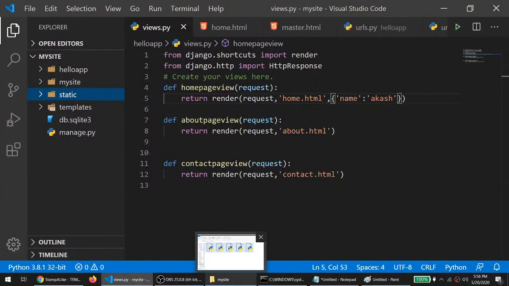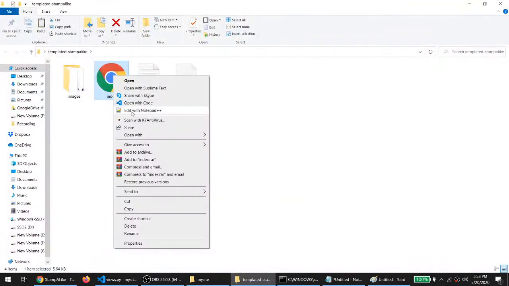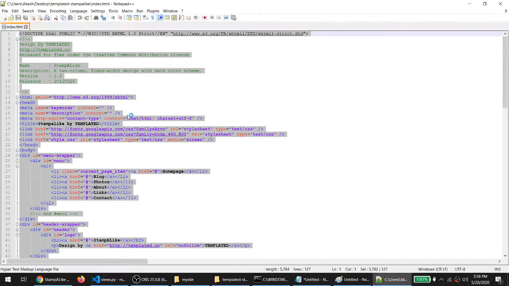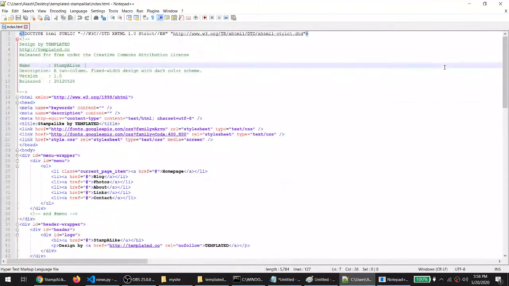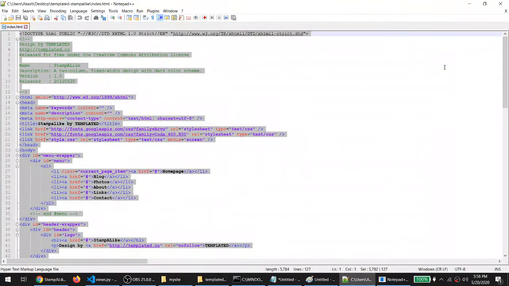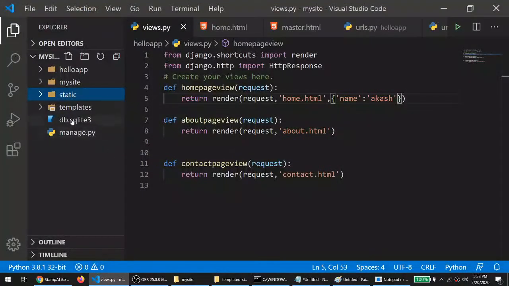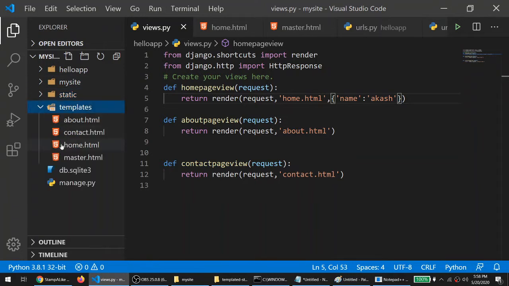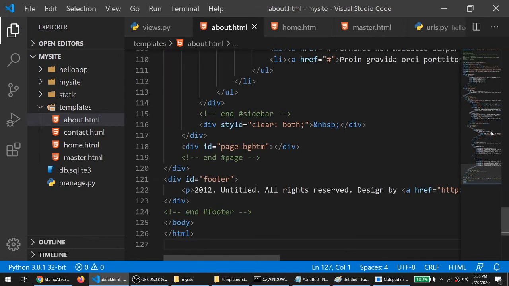Okay, and what is the next step? The next step will be to copy your HTML content, right? So this is my HTML content for the theme. Control A, Control C, and simply in my project, in the About Us section, in Templates and About Us, I will replace all the code over here, right?